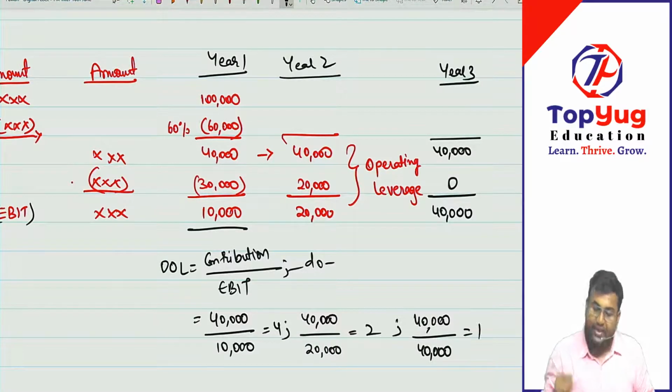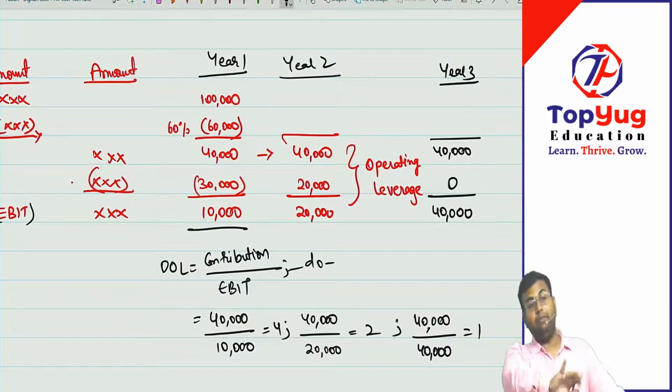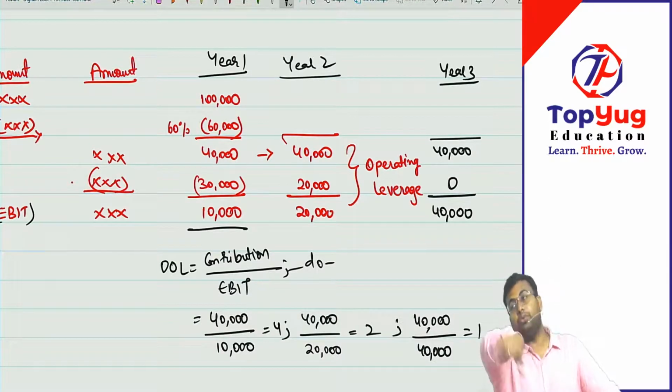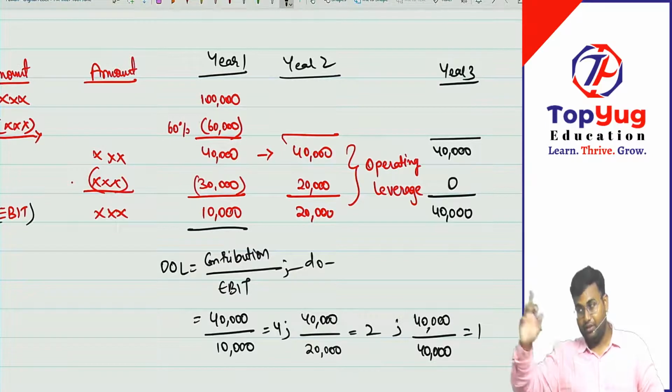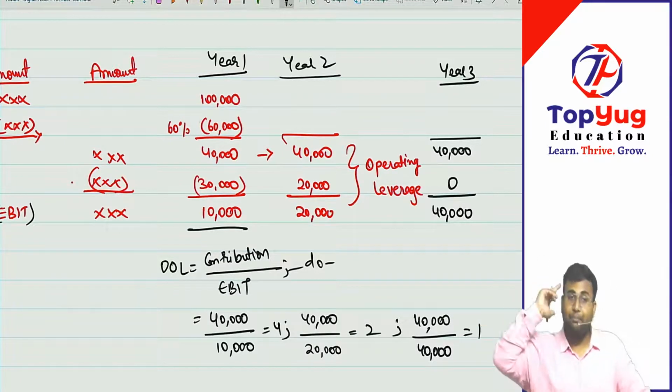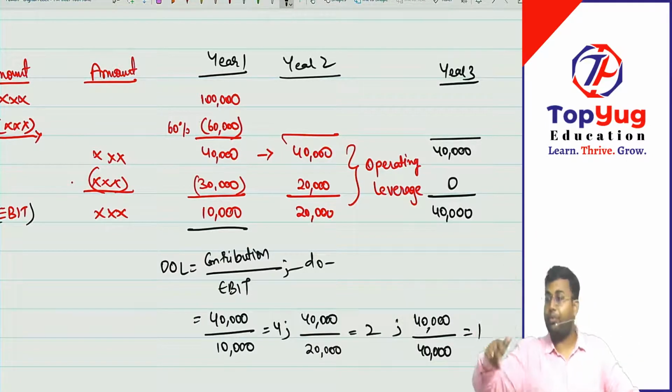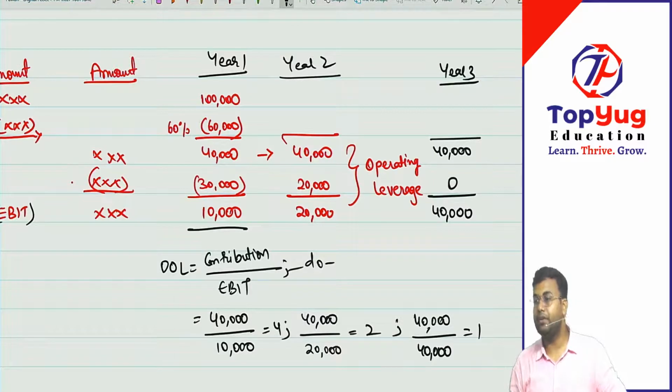Now, a smarter guy can tell me, we always try to reduce or increase our leverage. Listen carefully. We always try to reduce or increase our leverage. Reduce, but the maximum reduction can happen only up to. Can you go below 1?